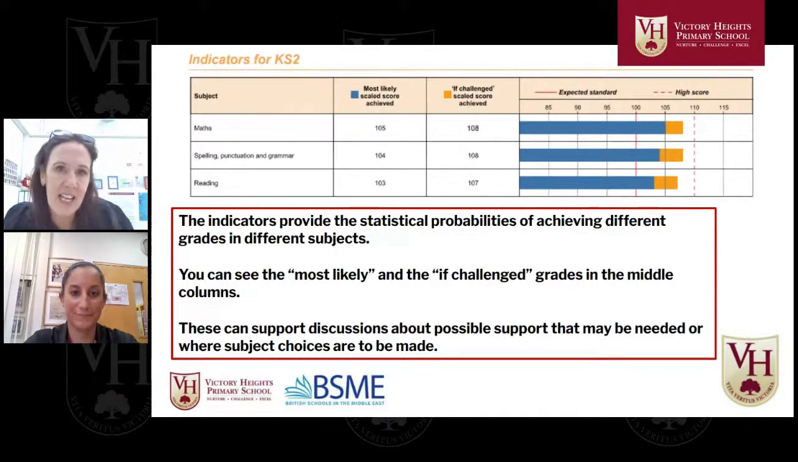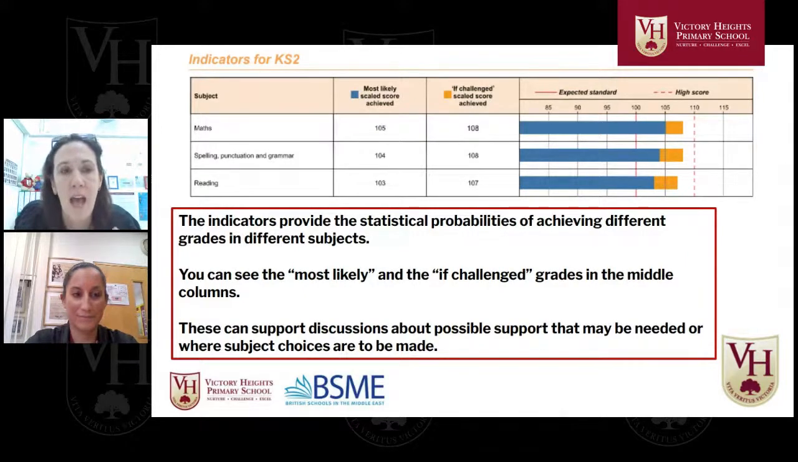And again, they give information about what a child might most likely achieve, and then if challenged, which I always find a bit unusual, because obviously in schools we are trying to challenge children to the maximum, to the best they can. So I'd be probably looking at that if challenged as well, and how you can support. And again, this can help support you with discussions at home or with Michelle or with the class teachers of any areas where you think, okay, do we need to put extra support in, or how else can I support